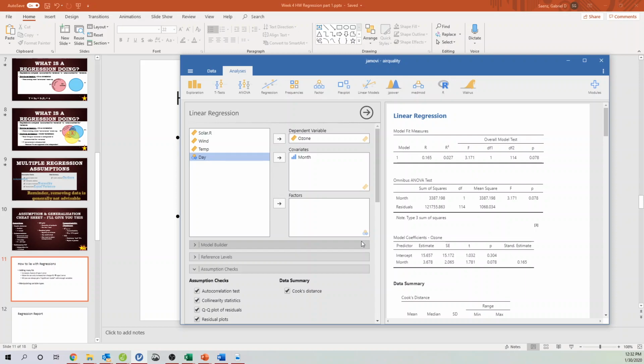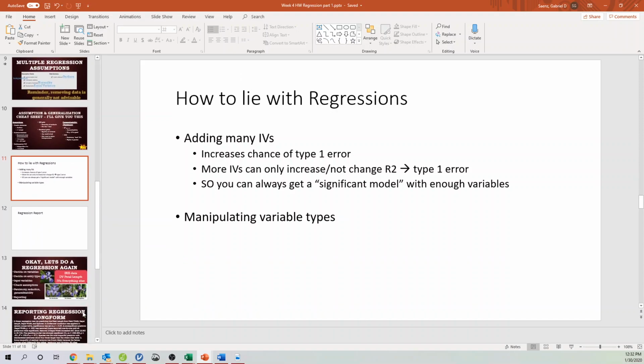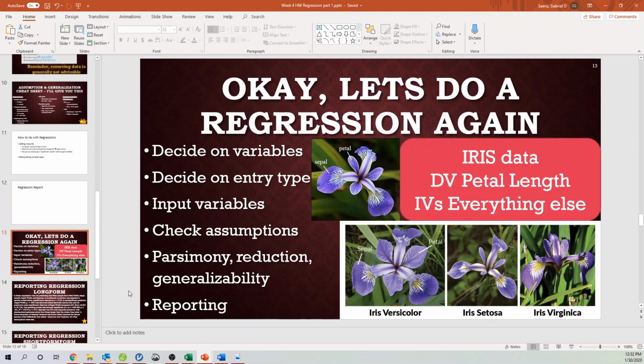Now, I kind of perceive that this would have been a bit too much stuff to cover in just the 20 to 30 minute video, so I'm not going to walk you through reporting a regression. I am going to show you here just very briefly a couple of slides based off of a couple regressions. This is the information you need to run a regression. You're not yet going to really be working with multiple independent variables, but it'll just show you your options, because